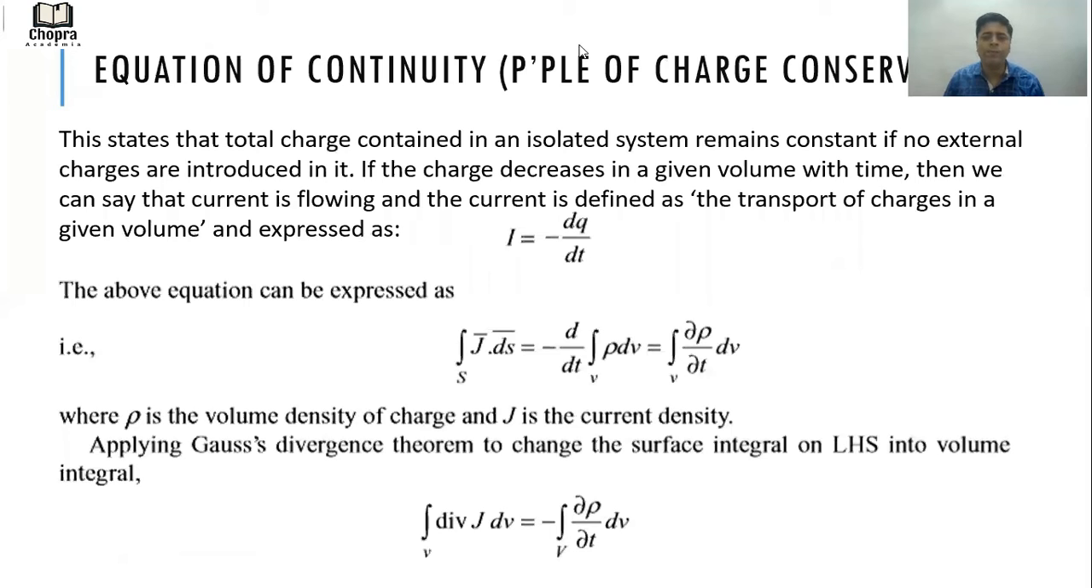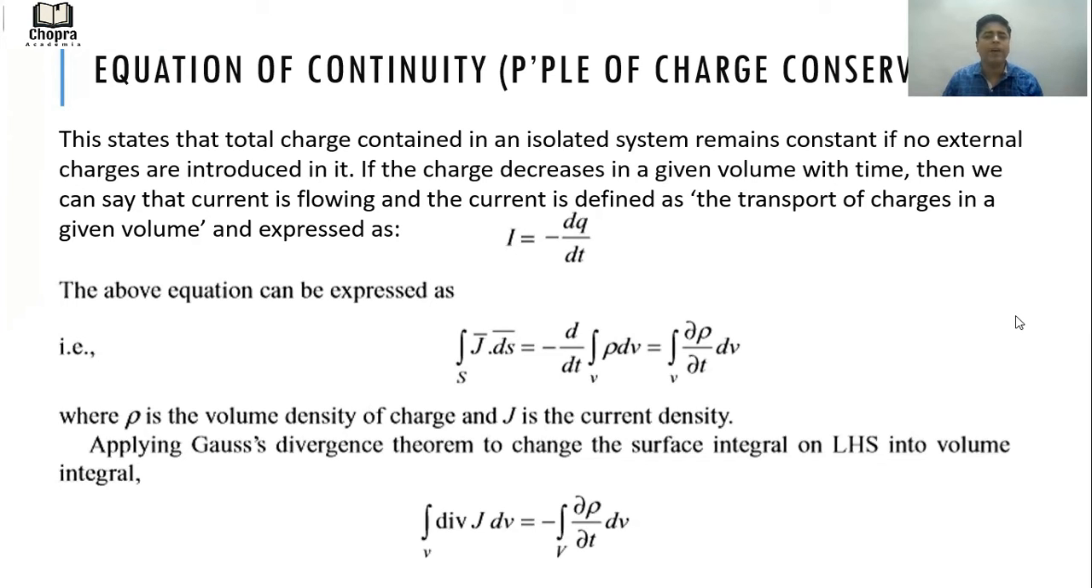Now we have to learn a very important equation which we'll be using to derive the modified Ampere's circuital law. This is called the equation of continuity, which basically indicates the principle of charge conservation. It states that the total charge contained in an isolated system remains constant if no external charges are introduced into it. If the charge decreases in a given volume with time, then we can say that current is flowing,